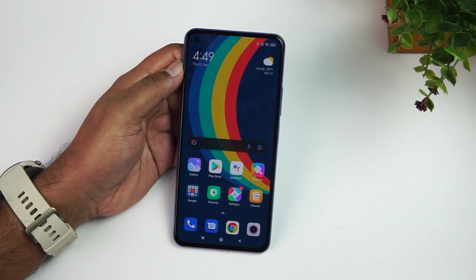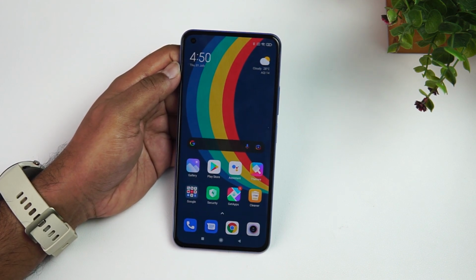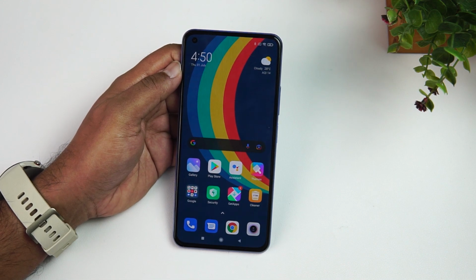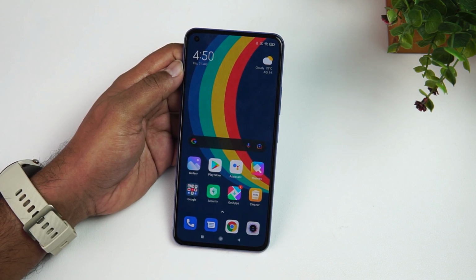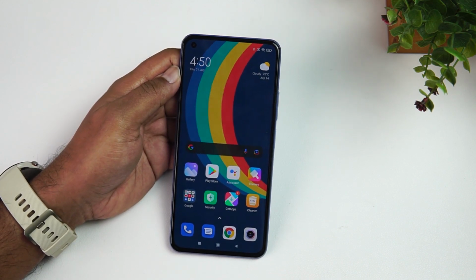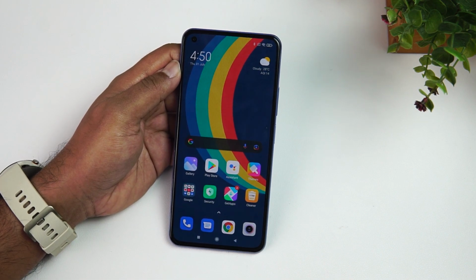Hope you enjoyed watching this video. If you have the device, do try out these features. Some of these are really good and some of the options are really useful in getting the better out of your device. Now if you are a person who is looking for camera tips and tricks, we have also uploaded a video on the camera features, tips and tricks. You can also check out that video to get an idea about the features offered on the camera.